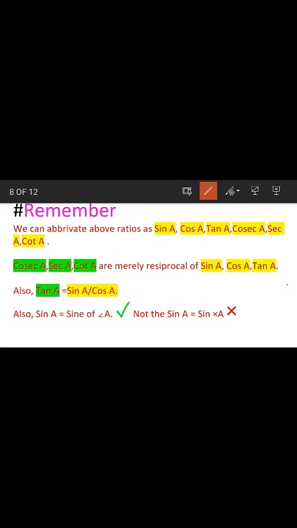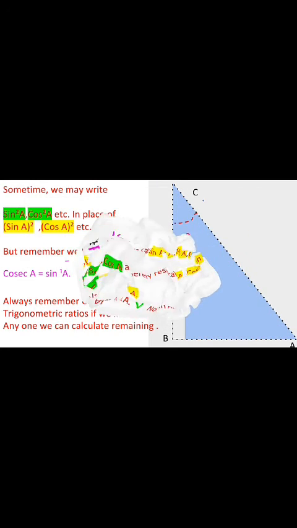Okay class, now always remember that sin A means sine of angle A. Yes, sin A means sine of angle A. Here the expression sine of angle A shows that sine is a function of angle A. Okay class, but you cannot say that sin A means sine into A. Sin A doesn't mean that sine and A are a product of each other. No, it's going to be wrong class, a completely wrong statement in mathematics. Always remember that class, sin A means sine of angle A. Now class, moving to another valuable points, there are more points to come up in another slide.